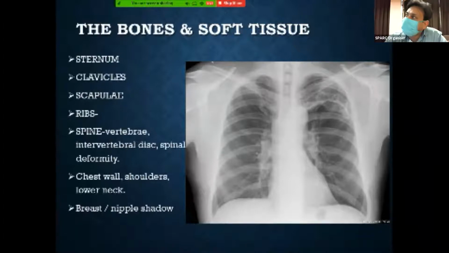Sometimes there may be a bony lesion. Like in this case, you can see there is a lytic expansile bony lesion involving one of the ribs on the left side. This is a case of fibrous dysplasia. So once in a while in a chest X-ray, you might see some bony abnormality also. So it's a good idea to pay attention to the bones as well. And sometimes patients have had a mastectomy, so those observations also have to be made.